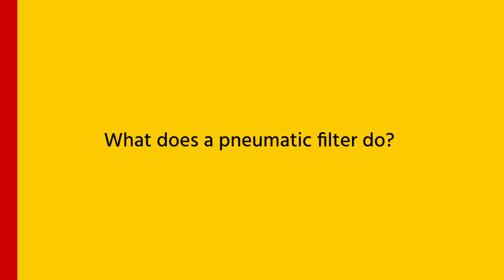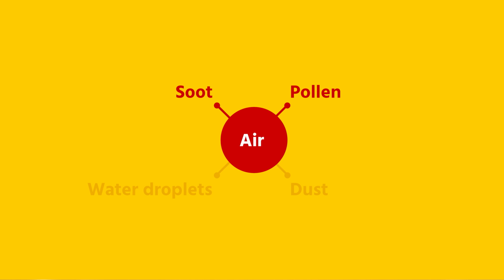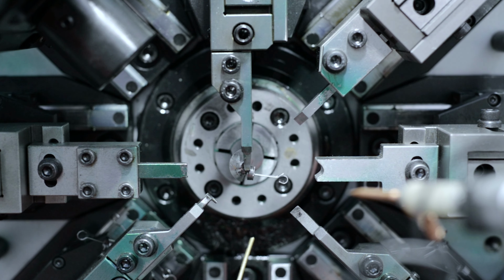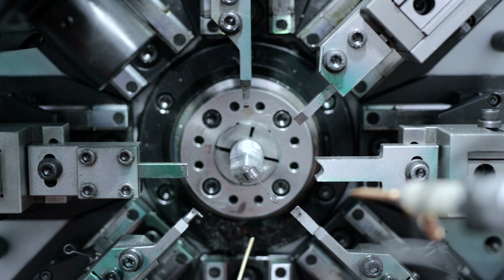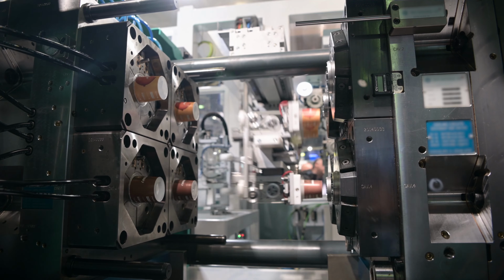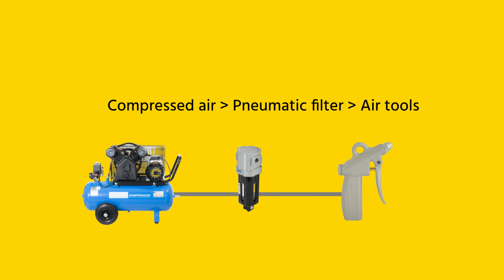If your compressed air system shows reduced system performance, increased wear and tear, corrosion, or damage to cylinder and valve systems, it might be a signal that your pneumatic system needs a filter. So what does a pneumatic filter do? A pneumatic filter removes solid particles, water droplets, oil, and other contaminants from the compressed air. These impurities can damage pneumatic tools, cause equipment failure, and compromise the quality of the end product. You can install pneumatic filters in airlines upstream of your components to keep them protected.